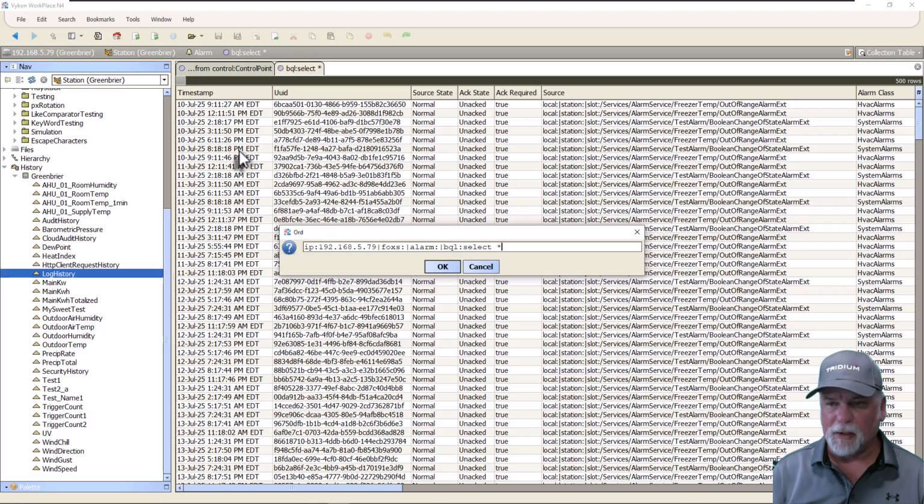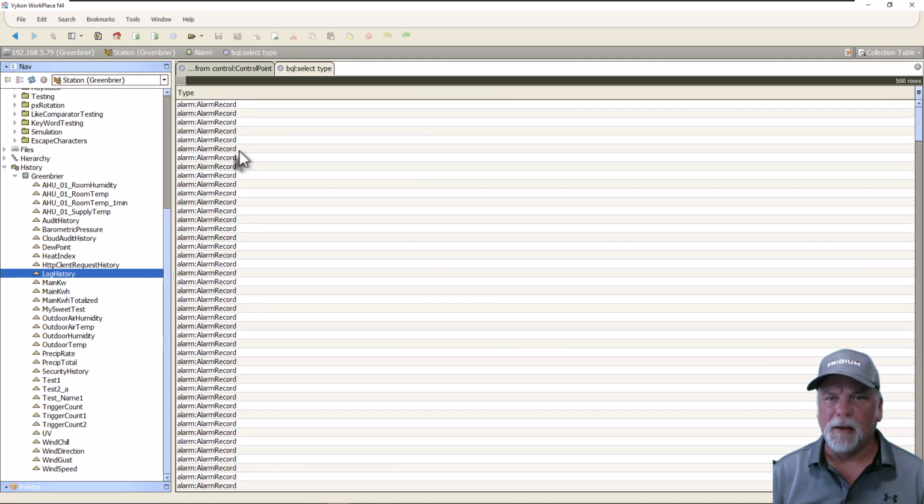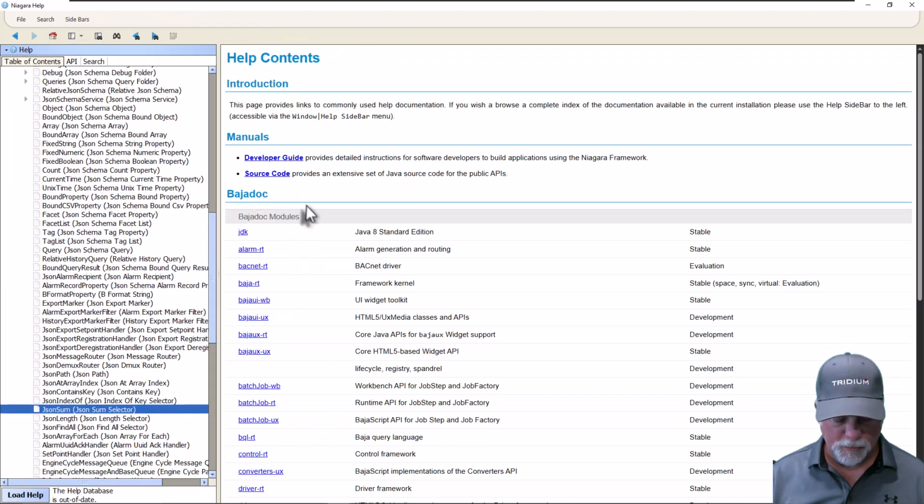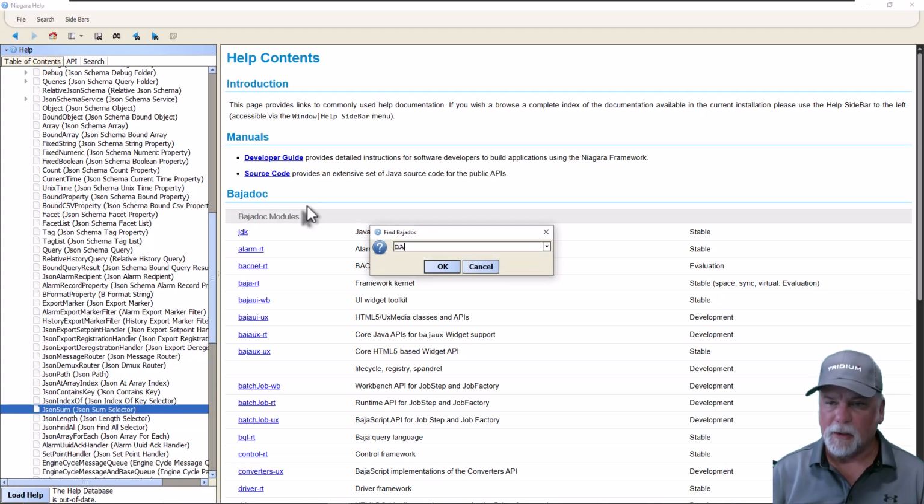One way might be to just say that we want to display the type from each item that's in the row, and then that tells me what the type of that item is, so I can see it's an alarm record from the alarm module, so a BAlarmRecord. Or just understanding how the Niagara system works in the alarm database, if we go to the help and I look at the alarm record,